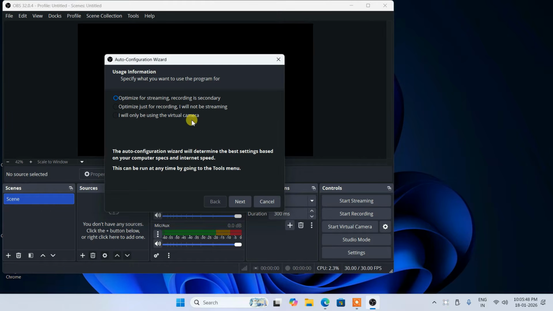Here you select whether you'd like to optimize it specifically for streaming, with recording as your secondary option, or if recording is primary and not streaming, in that case you need to select this. Or if you'd like to use the virtual camera as well, then you need to proceed with the third. So it's totally your wish. If you'd like to use it for streaming, then I recommend you to proceed with this. Or if you'd like to proceed with just recording, streaming is not your primary, then you can proceed with the second one. I recommend you to proceed with the first one, that is optimized for streaming and recording is secondary,